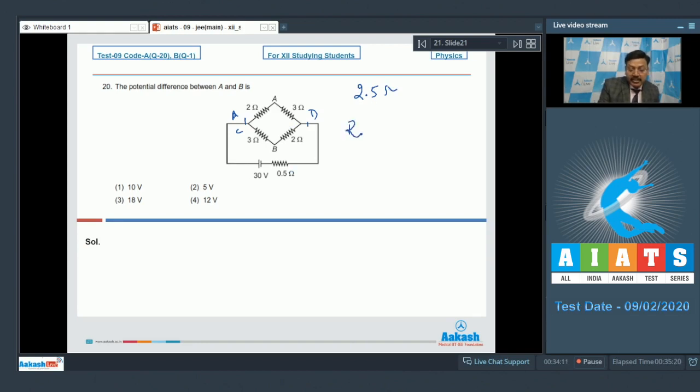So the equivalent resistance for the circuit is 2.5 plus 0.5, or simply 3 ohm,